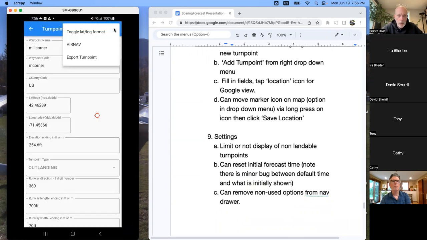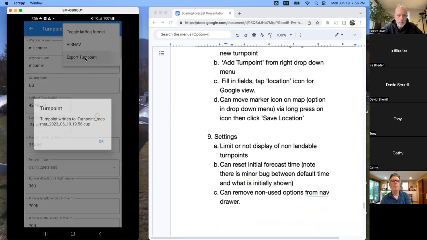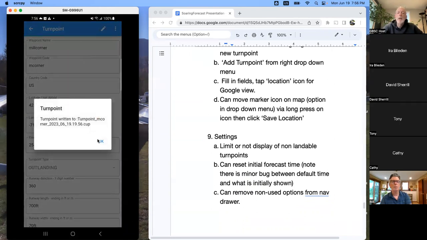And what I'm going to do is export it. It'll write the turn point out in CUP format to the app directory, and the directory structure on the latest or the later versions of Android is the same as XCSoar. You know, you have to go look at